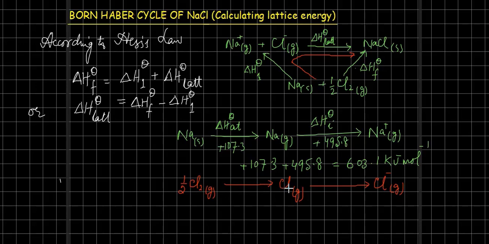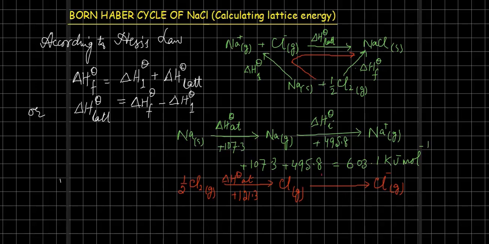So obviously, for the formation of atomic chlorine, the enthalpy change involved is the standard enthalpy change of atomization of chlorine, and its value is plus 121.3,